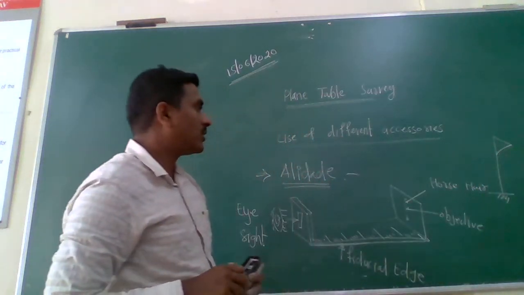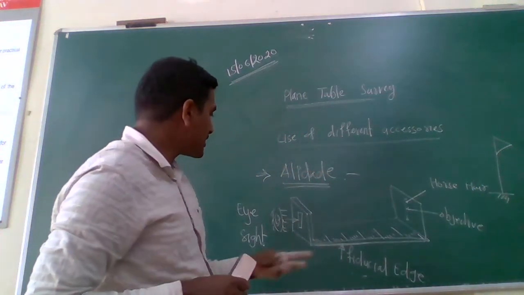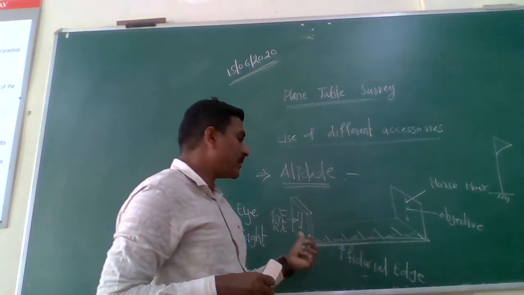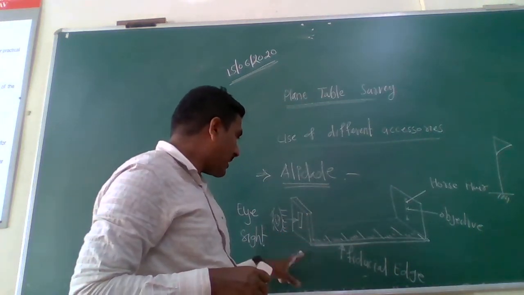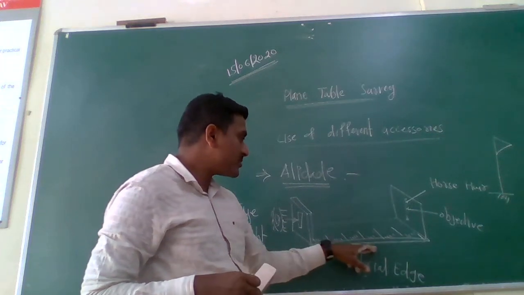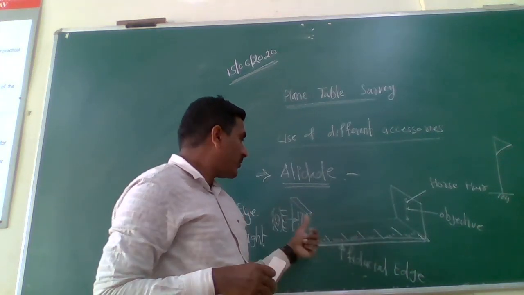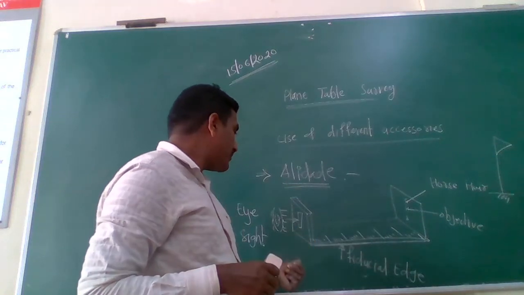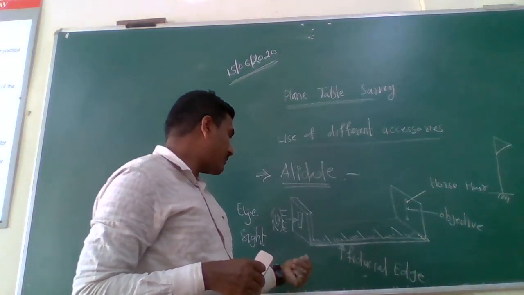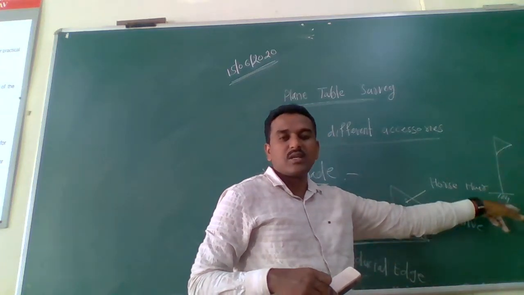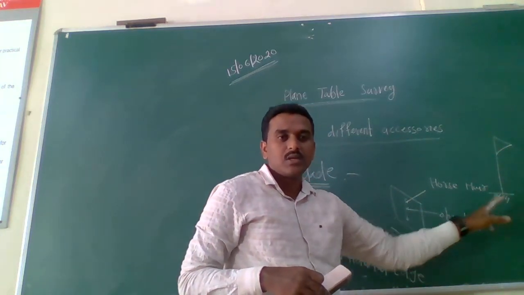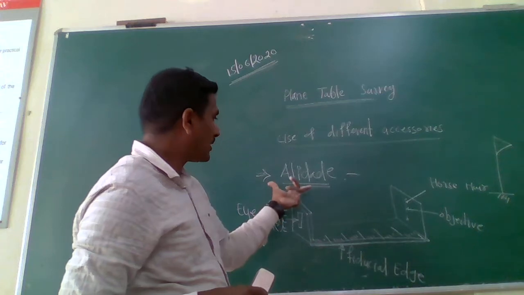Okay, so during last lecture we studied the principle of the plane table survey. So principle of parallel line. Whatever line is drawn by using this fiducial gauge will be parallel to the line existing on the ground from this plane table station to the flag station or ranging rod station. Okay, so that is the use of the alidade.